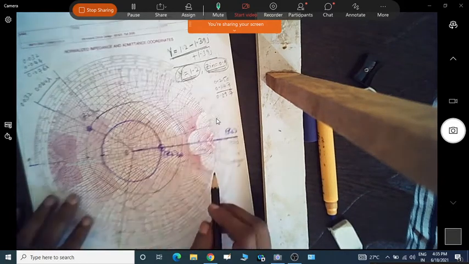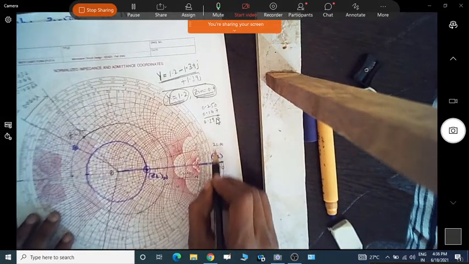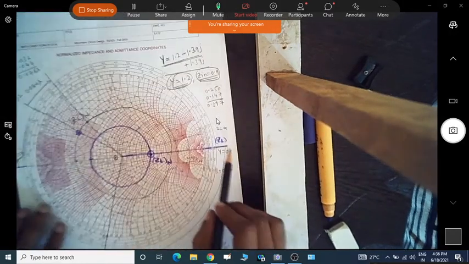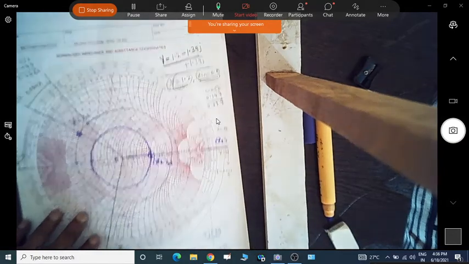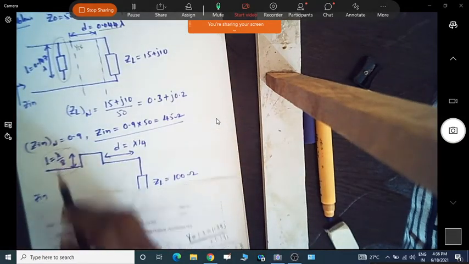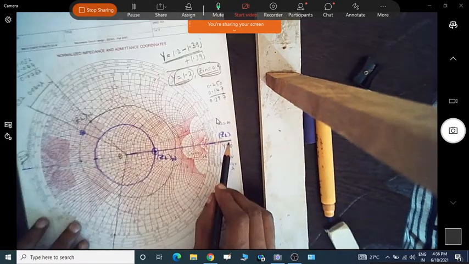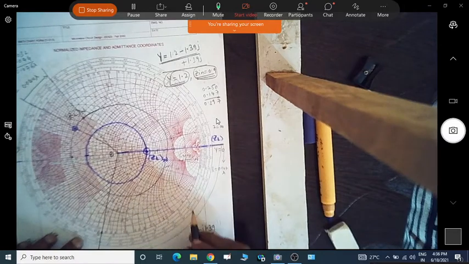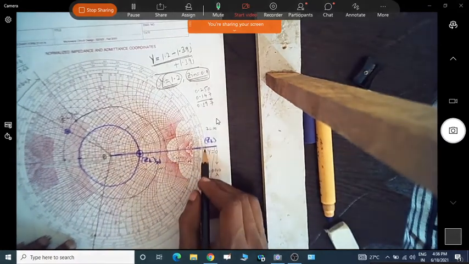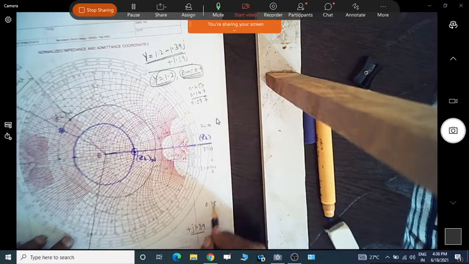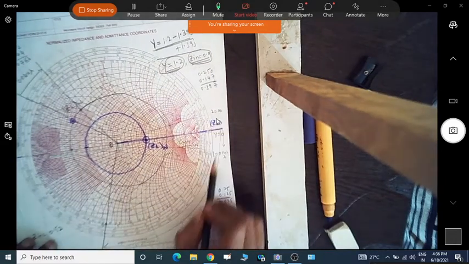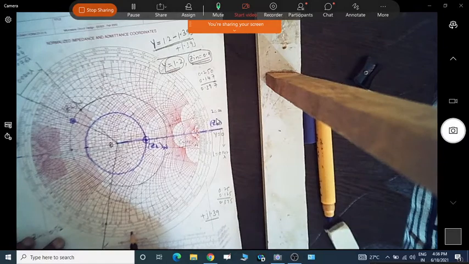For the short circuit, Z is equal to infinity, so here the same point. If it is the open circuit, Z is equal to 0, we have to take it here. Again we have to take from this point the length lambda by 8, that is 0.125. So take from this value and move 0.125 length. It is already 0.25, so if I move from that value by 0.125, you will get 0.375. So from this point you can move up to 0.375.